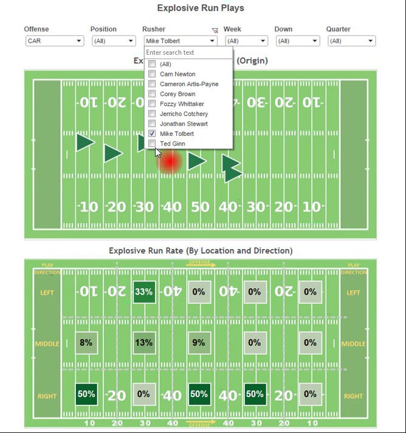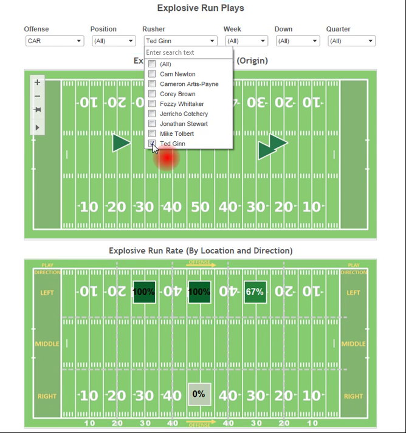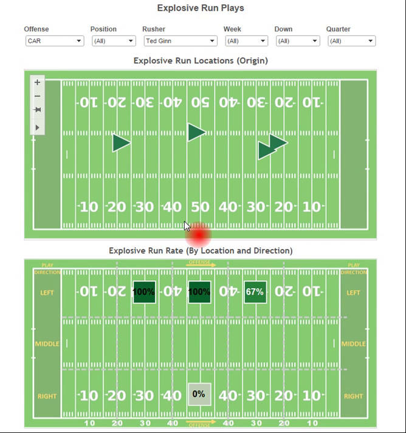Now Ginn is another good study, because Ginn obviously gets a lot of reverses for the Panthers, and you can see that most of the time when they were giving him a reverse, he's running this direction and coming to the left as he goes towards the end zone. So it's very infrequent, and actually, he had an attempt, but he didn't get an explosive run when he will run